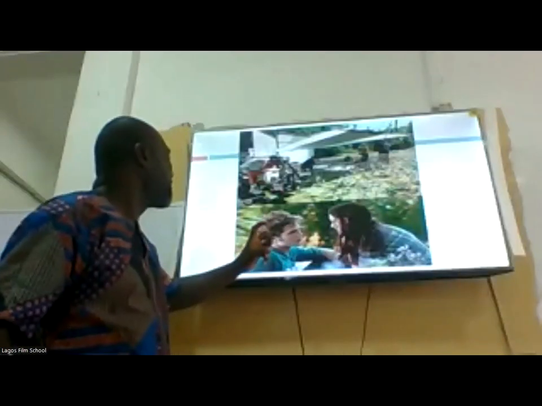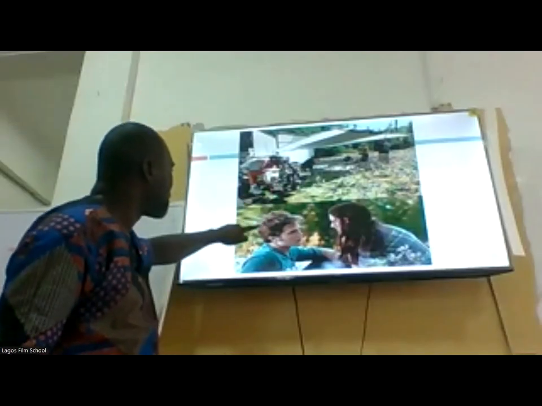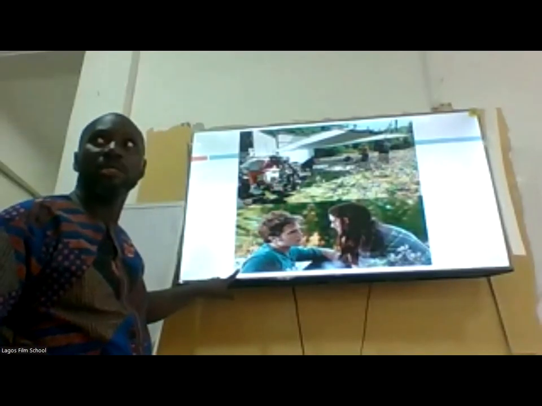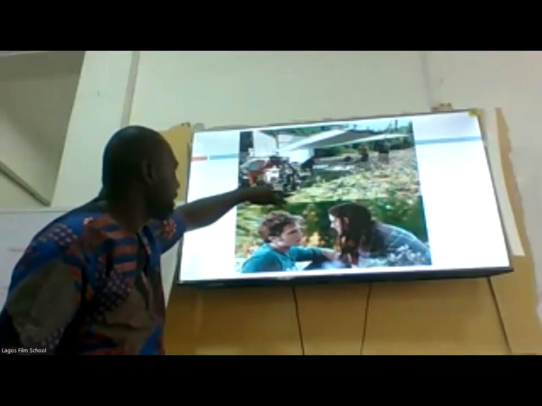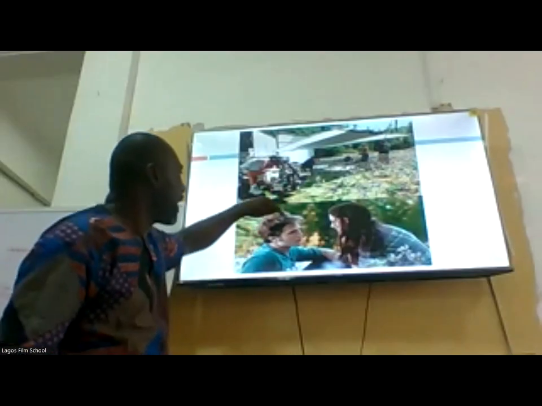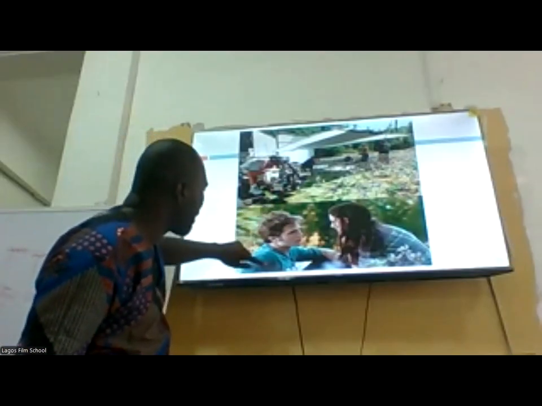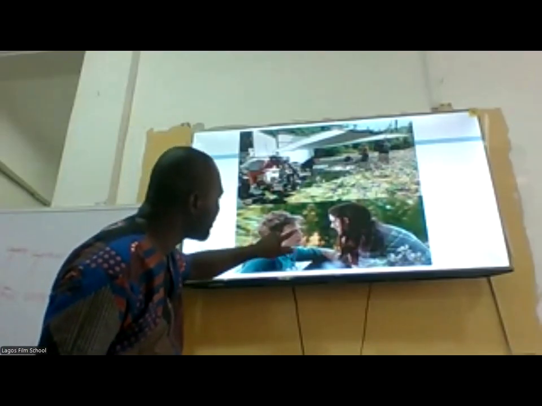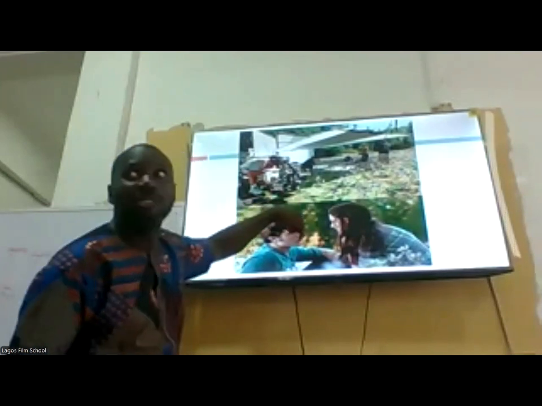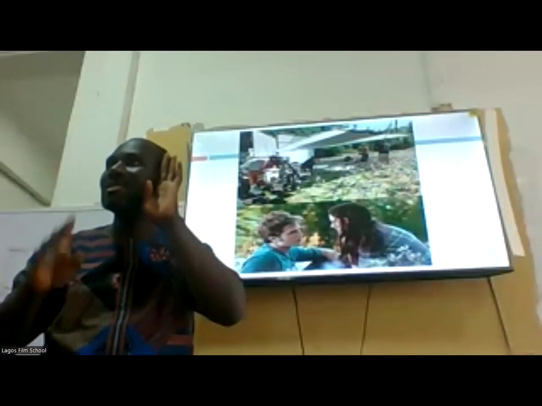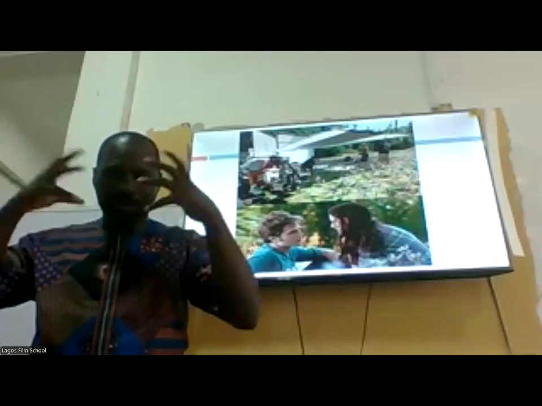All right. So you notice that you see the touch of light on the edges of his body. Do you see that? His head, can you see light? This brighter part is light. And then you see that the next thing is a darker part. See this part of his face? You see the touch of light here. But you see that this space is darker. And then you see the extra edge of light on the other side. That is how we shoot. Dark, light, dark, or light, dark, light.